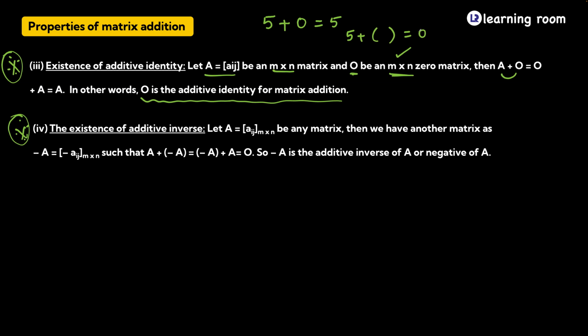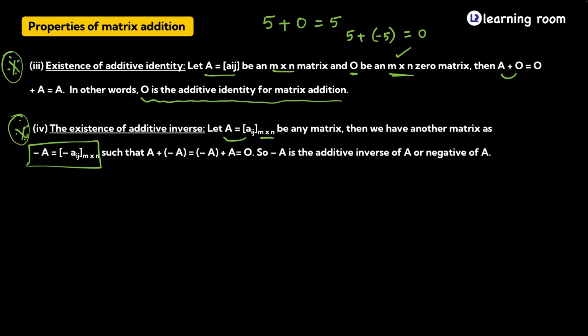What should I do? To a real number, if I talk about the additive inverse of it, then I need to add a number so that the sum of these two numbers gives me a 0. So what number should I add? It is basically the negative of that real number. In a similar way, when you talk about the existence of additive inverse, if you have a matrix A equal to Aij of order M cross N, then we'll have another matrix which is going to be negative of A, which is of the same order M cross N,